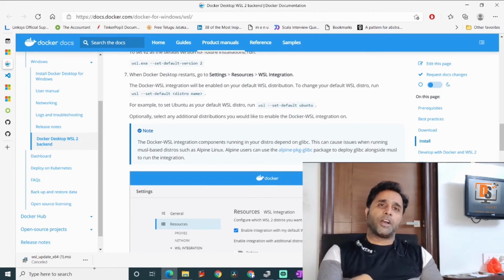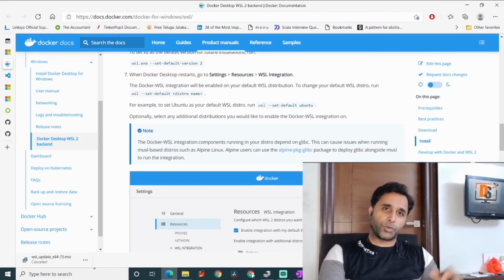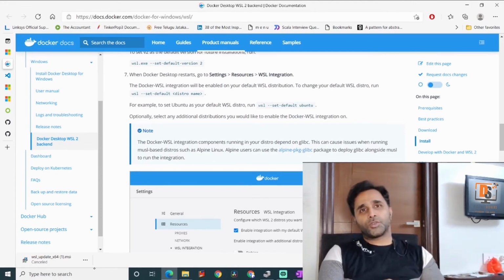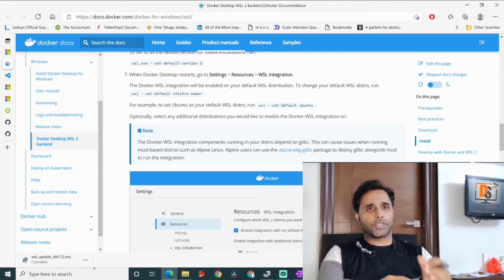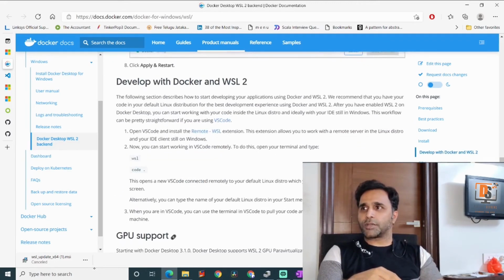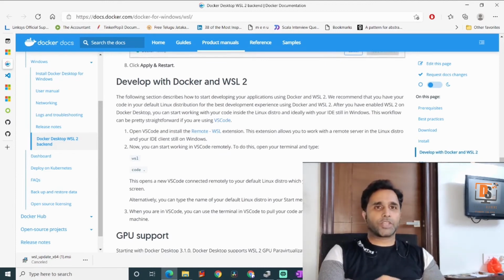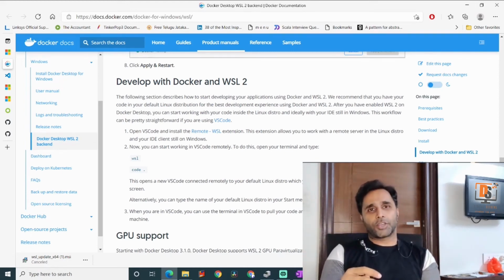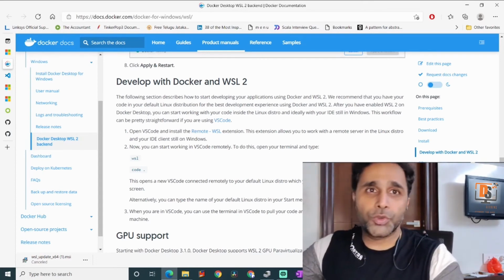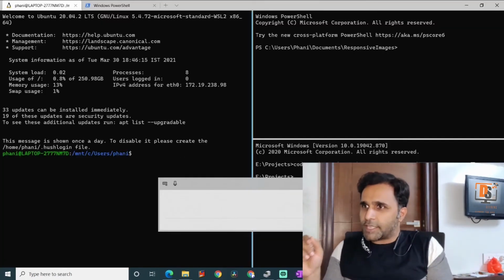Docker Desktop is there, and on your Linux distribution, it is your responsibility to go ahead and install Docker. For installing Docker inside Ubuntu or any other Linux distribution, there is enough material out there. You can follow any of those materials and install Docker in that. Once you have installed Docker and set up your Docker machines and everything, you can run them inside your Linux distribution, and those Docker containers are going to be visible inside your Docker Desktop. Let me just show you how I have done. So as I said, inside my